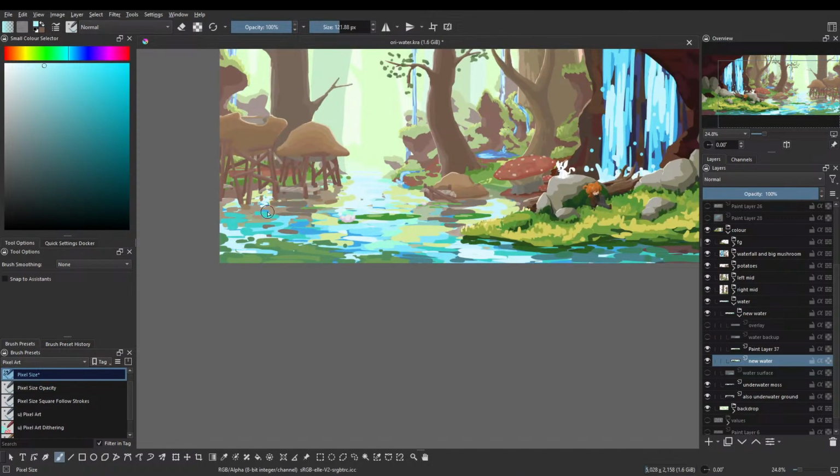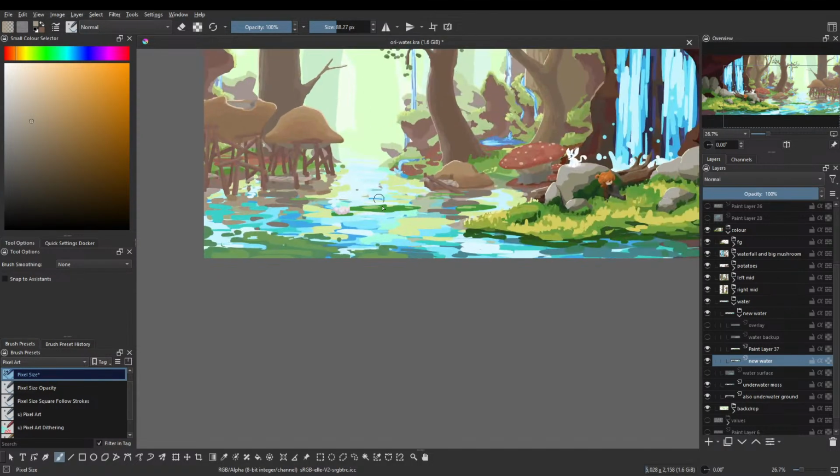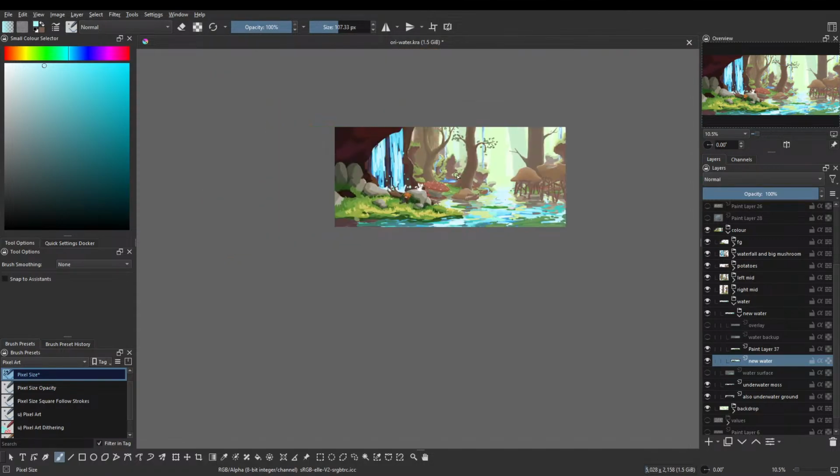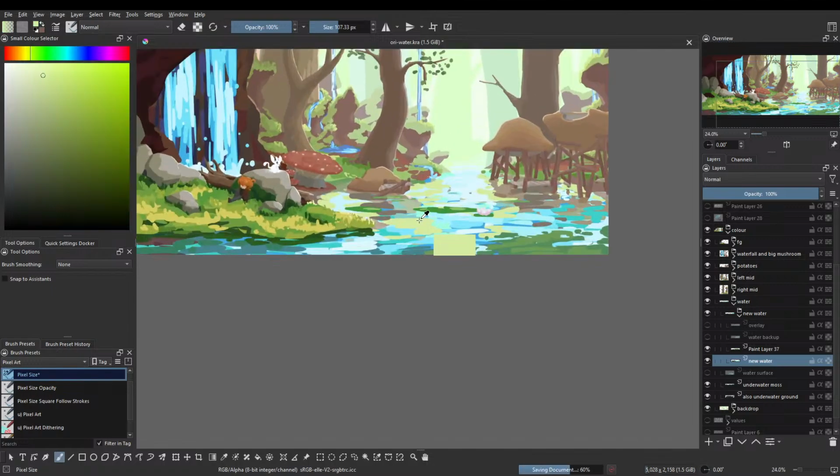I'd say this is a little biased in one direction, which I don't necessarily approve of. This probably needs a little bit more of the brighter colors. And then this is too big of a blob of one. It can't be like that.